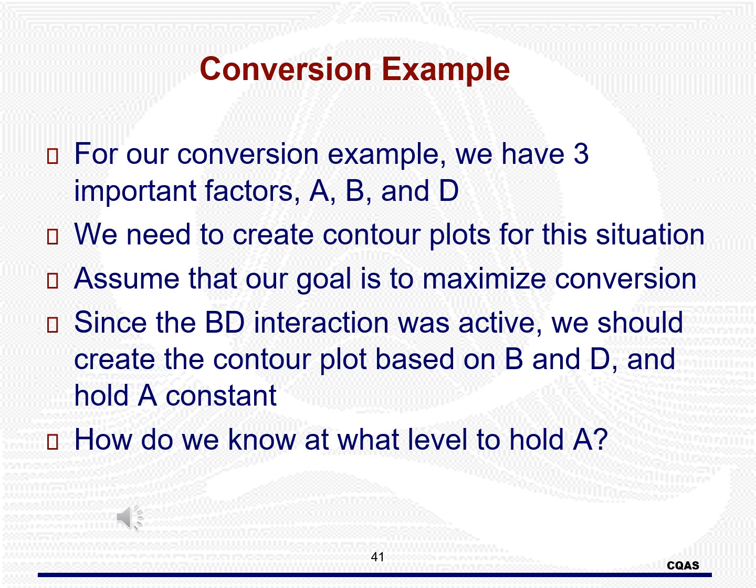In this particular case, let's assume that our goal is to maximize conversion. We will hold the factor constant and create the plot using B and D. This is because there is an active interaction between B and D. The question now is, how do we know at what level to hold A? We should use our main effect plot and set the level of A at the position that maximizes the average